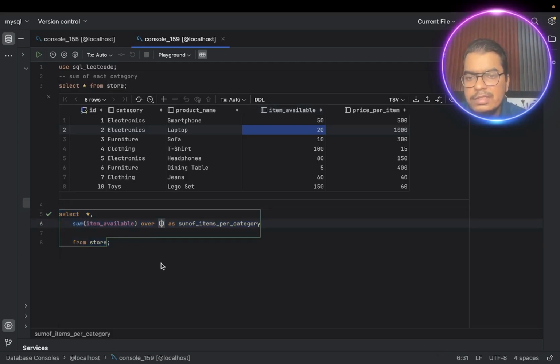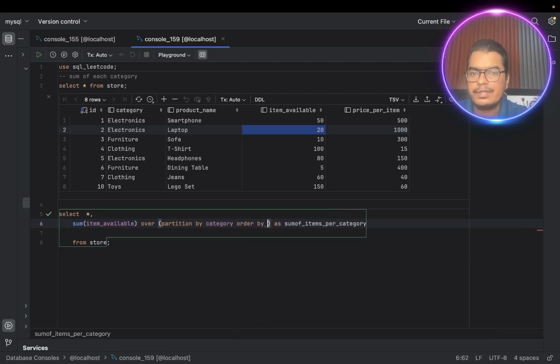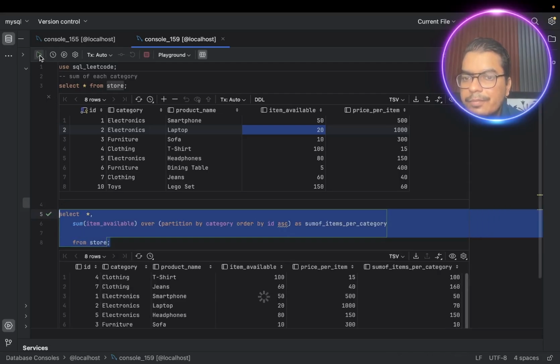How could we do the same thing? Partition by category, but now I need to provide an order in which the running sum needs to be calculated. I will say order by ID ascending, because as soon as a new element is added, the ID will always be greater than the previous ID. If I run this and check the result,